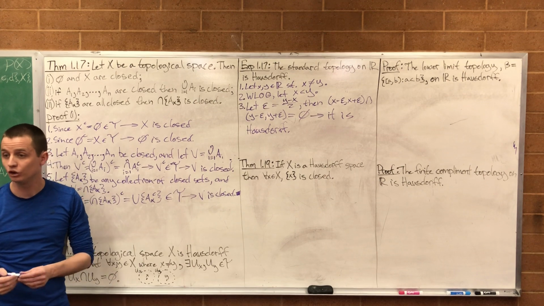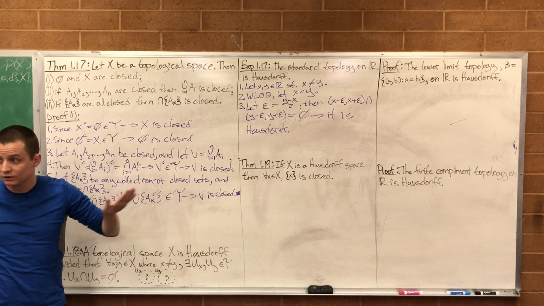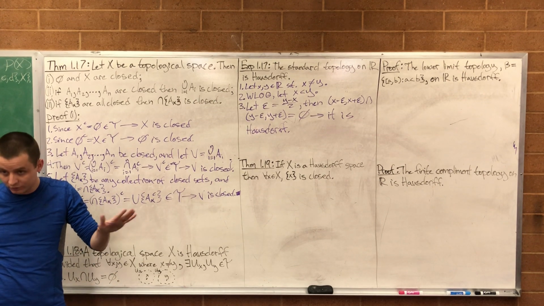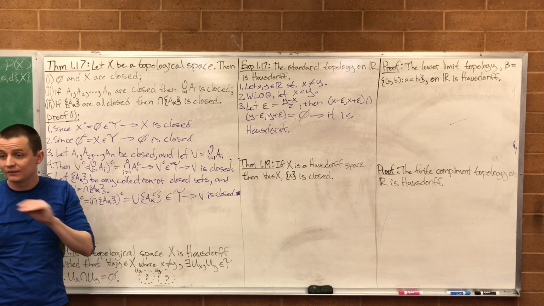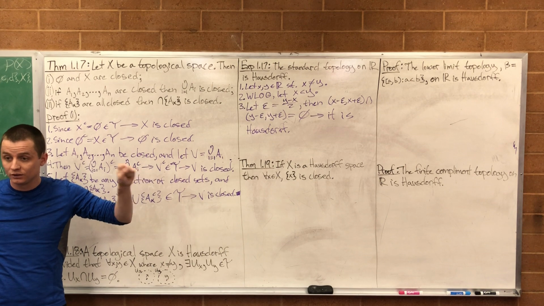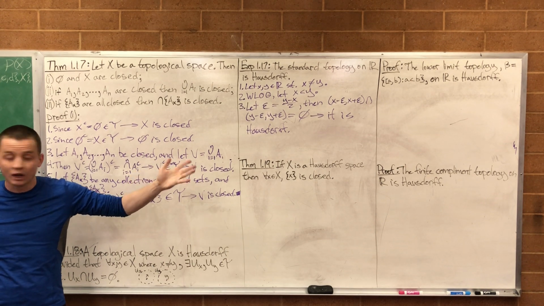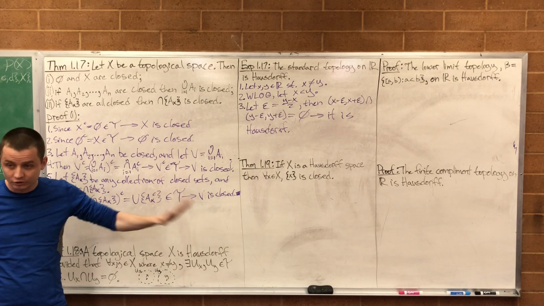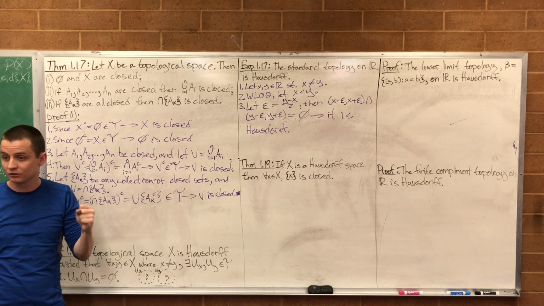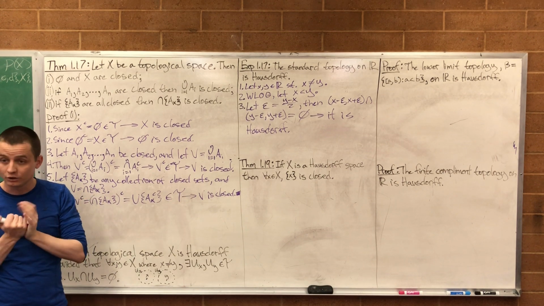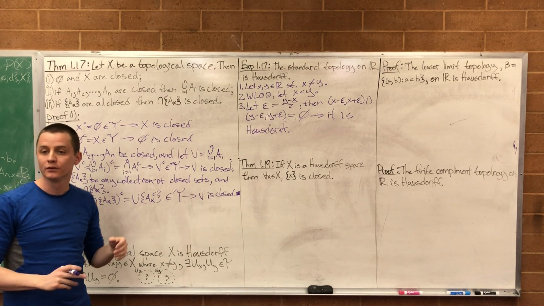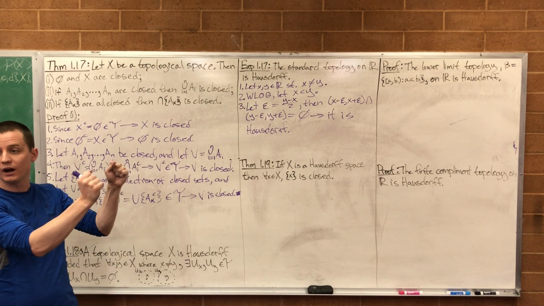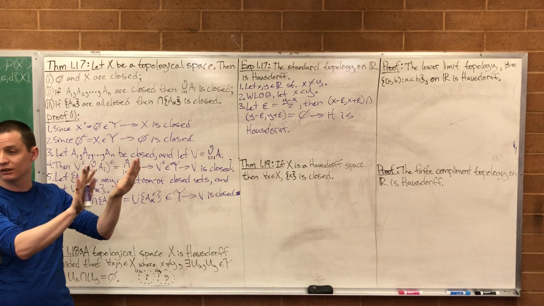Alright, we just readily found two separate neighborhoods containing those points that don't intersect. And that's all it means: there are at least two neighborhoods out there containing those points that don't intersect. There are tons of neighborhoods that do intersect, there are tons that don't, we just need to find two that don't intersect. There can be more, at least two. There's at least two open sets I can find containing those points such that they don't intersect.